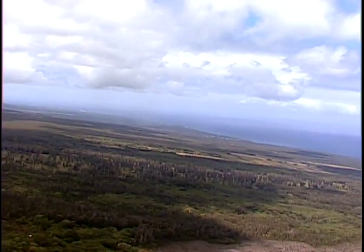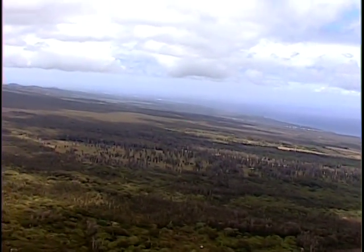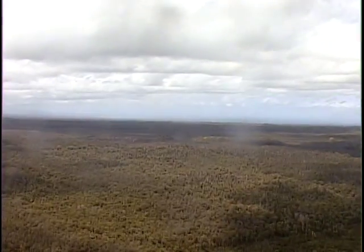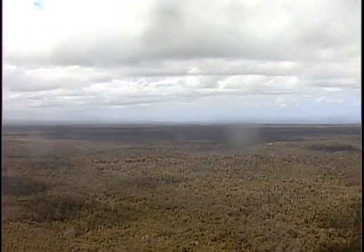You folks know where I'm going to go when the volcano blows? I'm going to jump in a helicopter and go watch the show. I'll probably take 6 people with me every time I go. It'll be fun. Now, I have an advantage living on this island that's 2,000 miles away from the next major